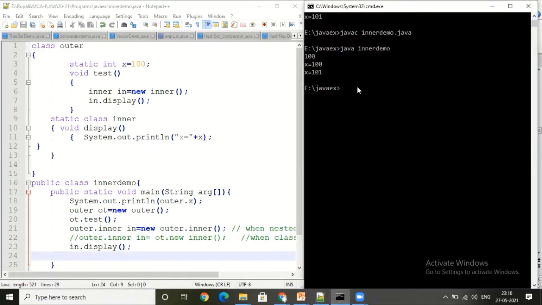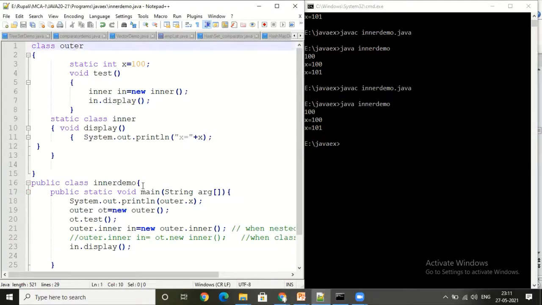Now let's compile the same code. And now let's execute the same. Yes, of course, 100, 100 and 100 and 1. So this is how your normal outer class, the normal inner class and the static nested inner class will be working. And this is how you can create the object.